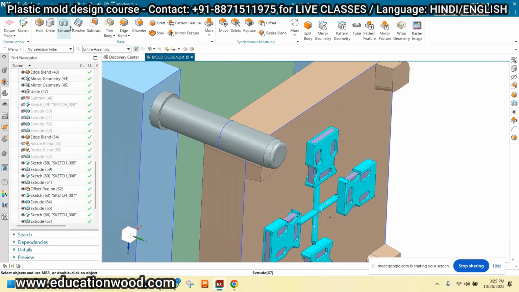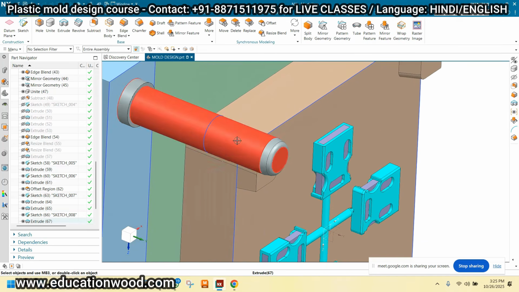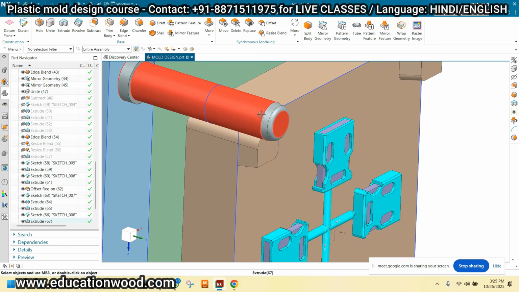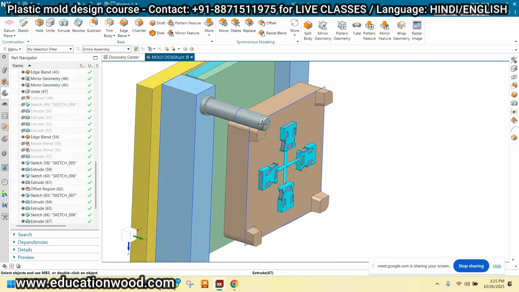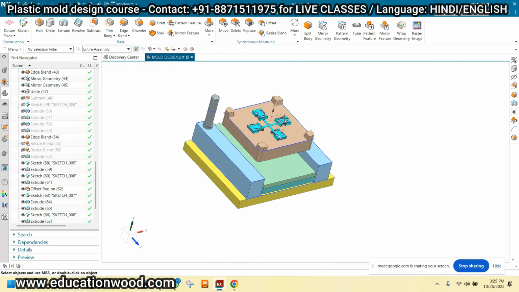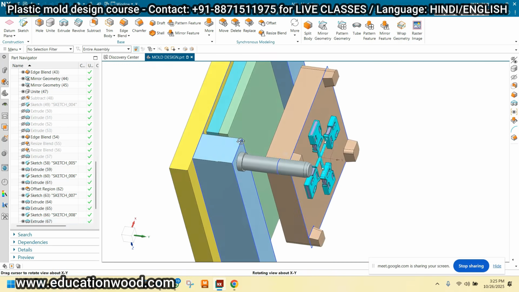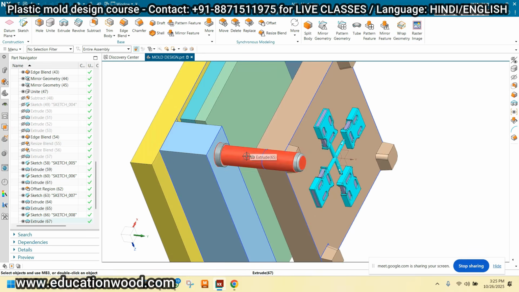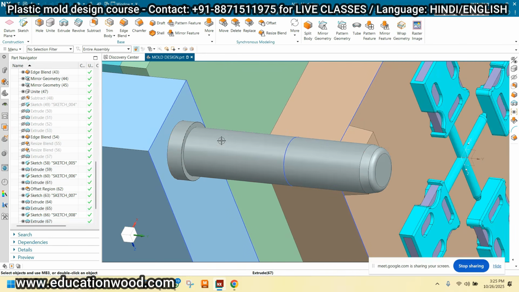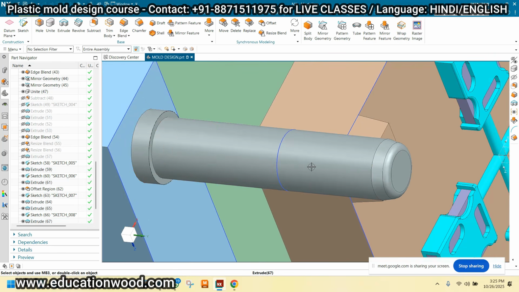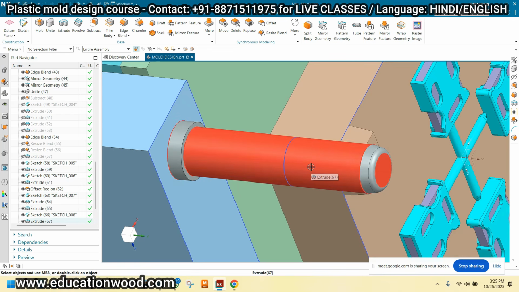I'm just providing the air vent if there's a possibility. If you are taking the standard, there is no requirement for designing vents on the guide pillar. On the guide pillar we have to use lubrication, oiling, so that there is smooth alignment between the both mating parts.